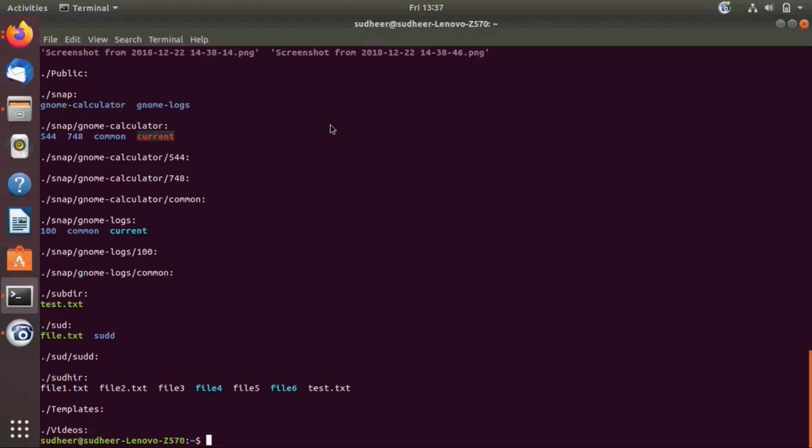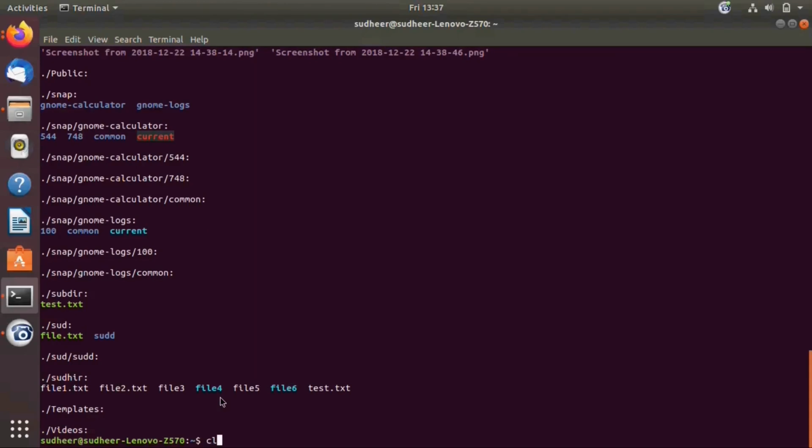Which means listing directory trees. So you are getting all the files from the subdirectories also, which gives the complete path from the root directory and subdirectory. For example, here let us take the file test.txt. This test.txt is located in the directory subdir, and this subdir is located in the root directory. So -R gives all the files recursively, from the subdirectory also.